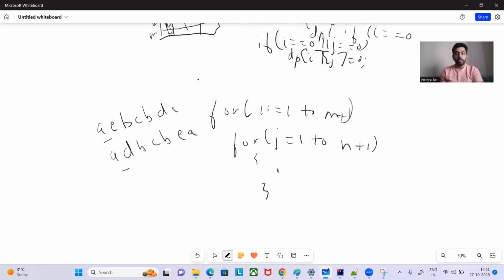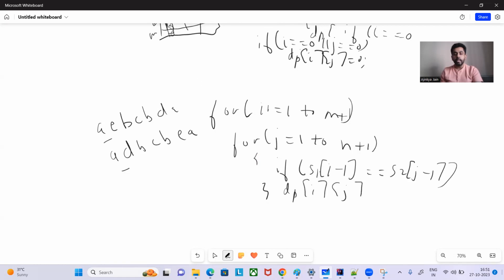So if a character is matching, S1 of i minus 1 equal to S2 of j minus 1, then simply dp of i j equals 1 plus